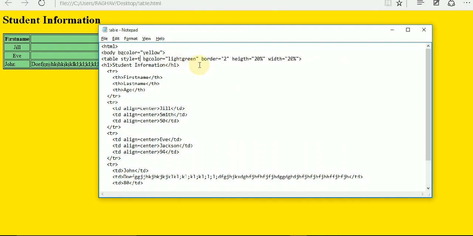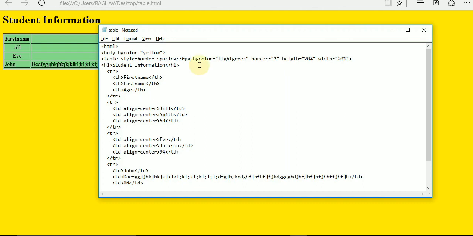Now how to set the table spacing or border spacing. For setting the border spacing, you just write border-spacing colon 30px.